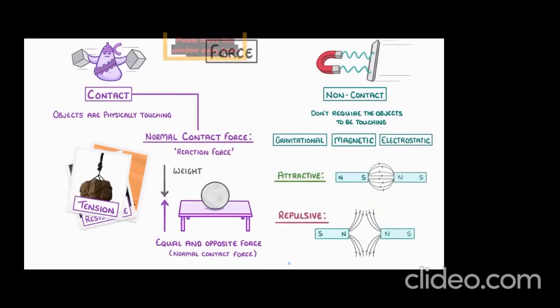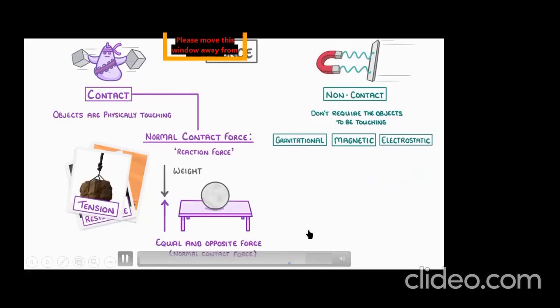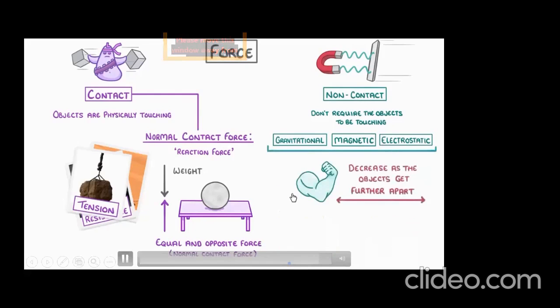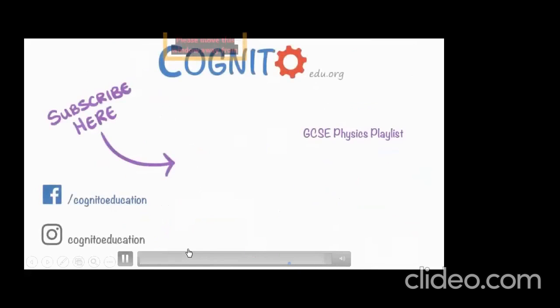Likewise, magnetic forces are attractive and repulsive forces. Attractive forces: opposite, positive and negative poles attract each other. Same poles repel each other. Okay, now